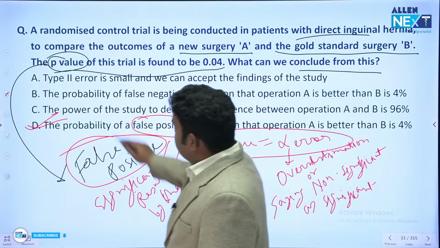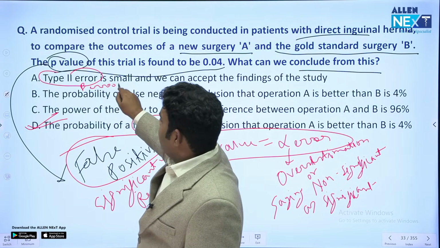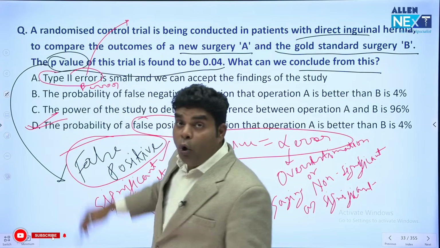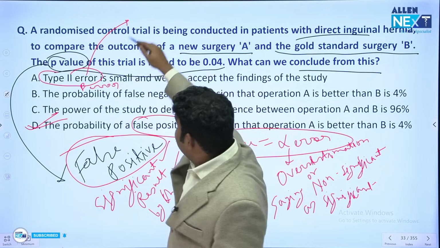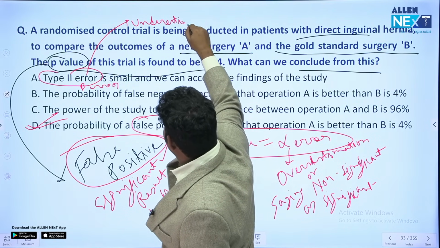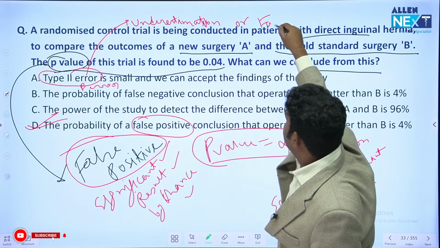Now type 2 error का मतलब होता है beta error. Beta error is just opposite of alpha error. बीटा एरर का मतलब होता है खुद को अंडर एस्टिमेट करना, अंडर एस्टिमेशन। और अंडर एस्टिमेशन को कह सकते हैं फॉल्स निगेटिव,